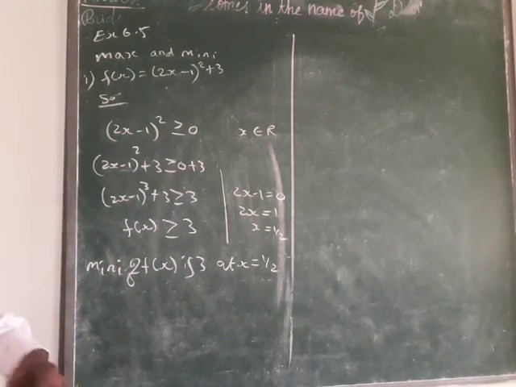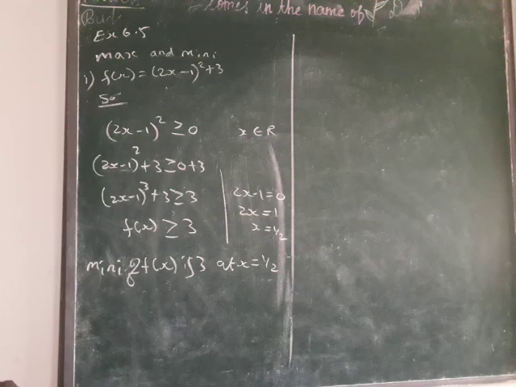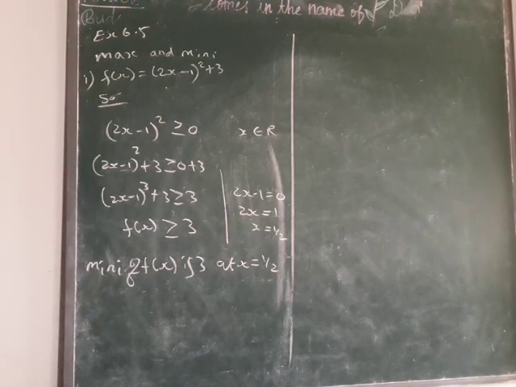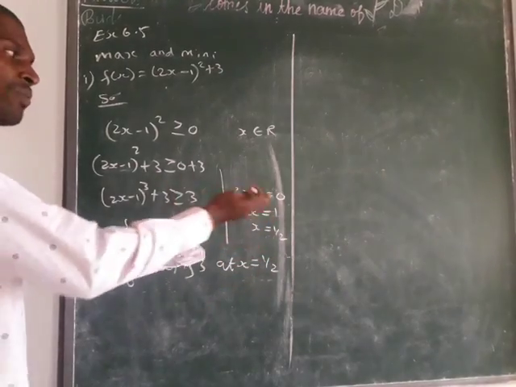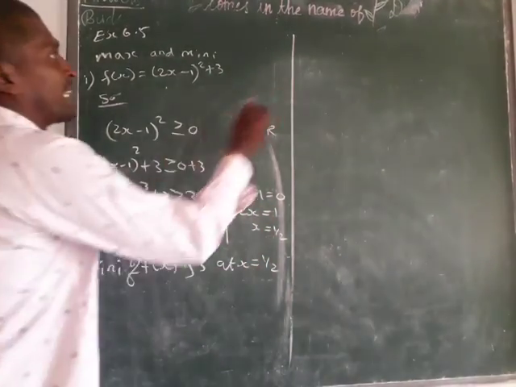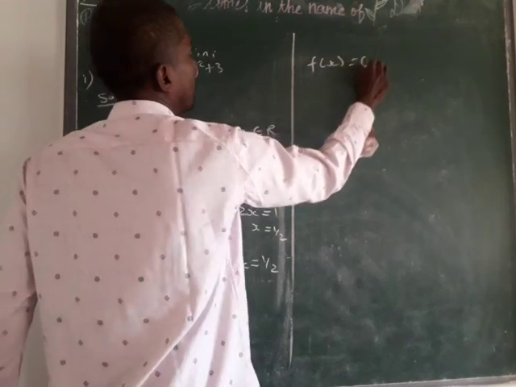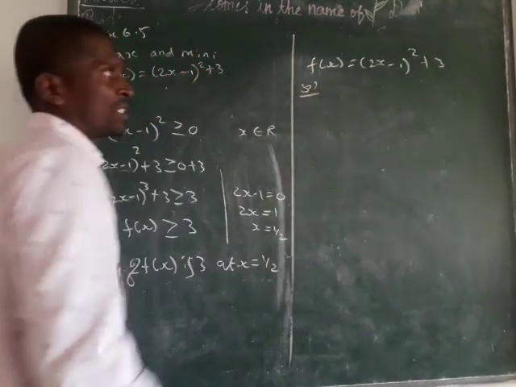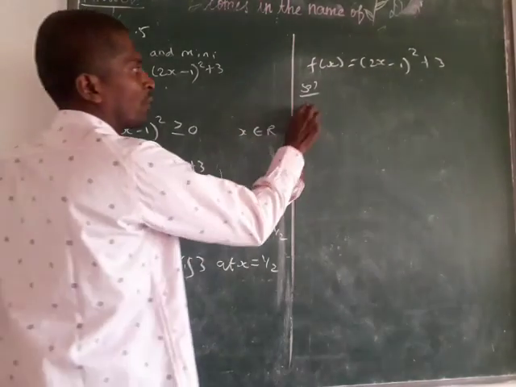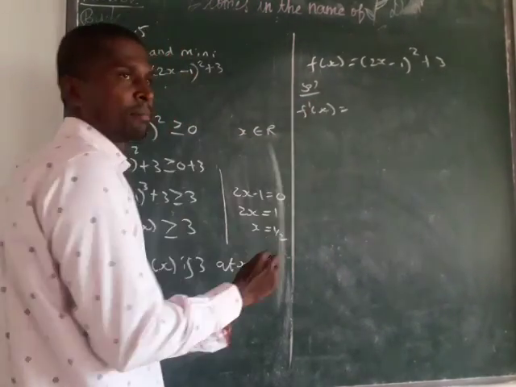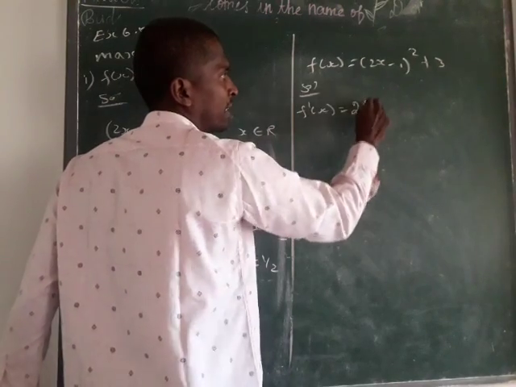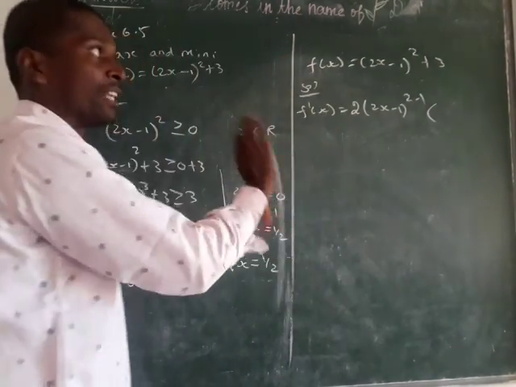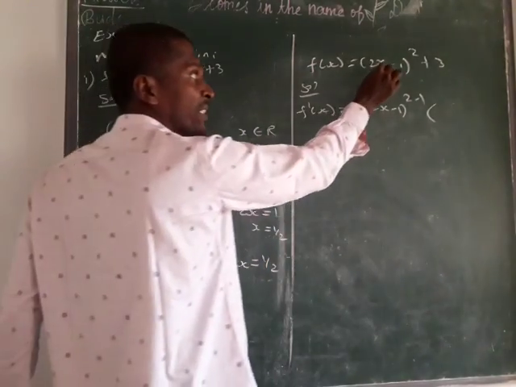For the same function, how do we find the answer using differential calculus, how to apply differential calculus to find the maximum value? Yes, I explained, you can follow any one method in the exam. So they gave f of x equal to (2x minus 1) whole square plus 3. Just find f dash of x. So for f dash of x, I differentiate one time. Here power 2 is there, so 2 into (2x minus 1) whole power 2 minus 1. And after reducing the power, I differentiate the inside also.